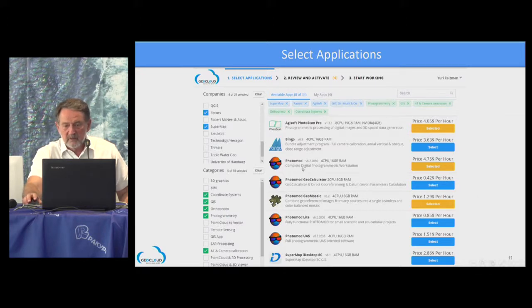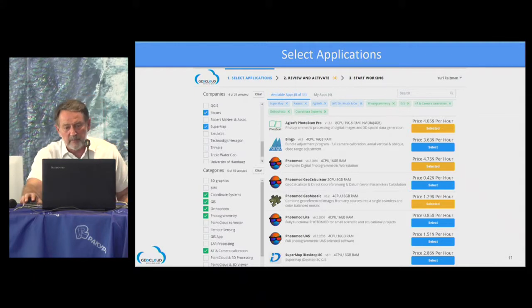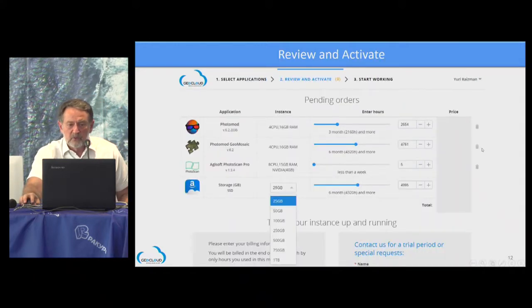This is a portion of our website. This is how it looks. You can select a company, you can select a category. So it's pretty convenient. It's easy to use, nothing to it, no frills. Prices are visible. When you press the price, you will see a pop-up graph, and you will see how the price will change over time.